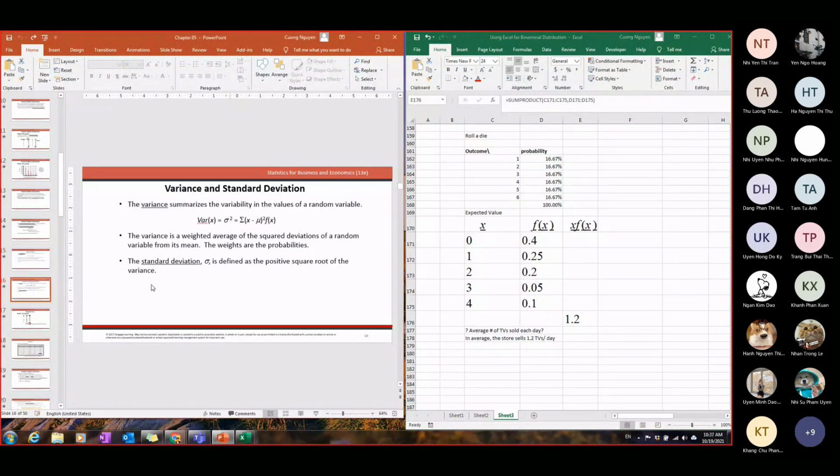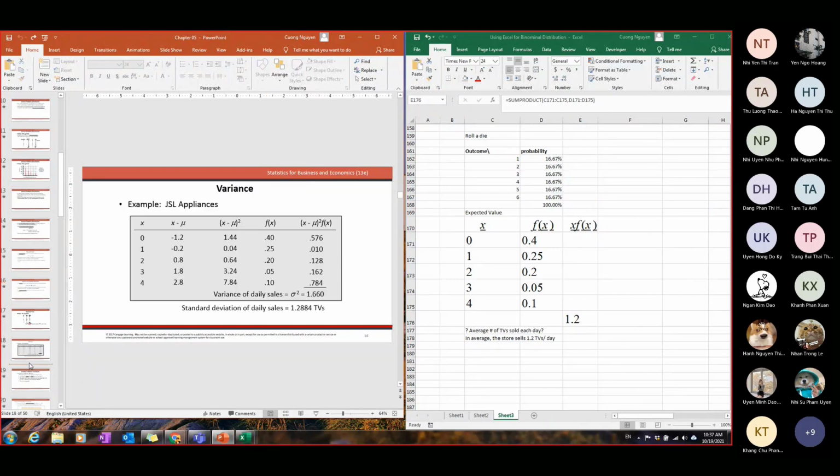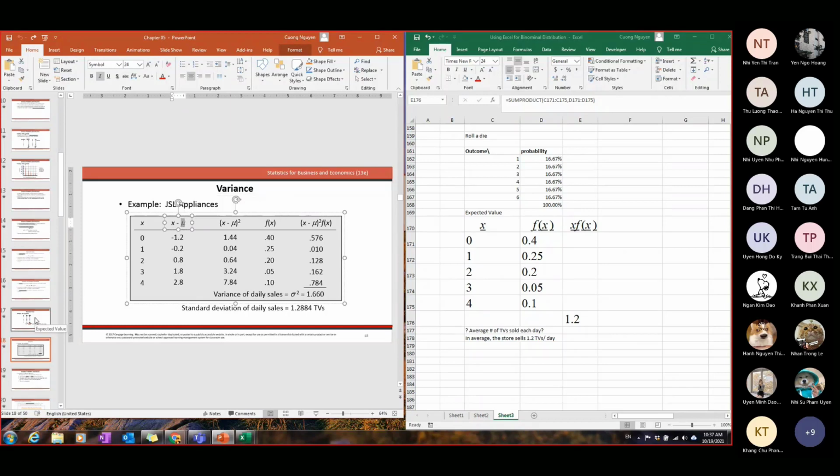And you can do the same thing with the variance and standard deviation. Remember, the variance calculation is not very easy, but the standard deviation is just the square root of the variance. This is how people calculate the variance. They take x minus mu, where mu is the mean value. The mean value here is 1.2, so 1 minus 1.2 is minus 0.2, and that's the reason why. Then they generate it for all the values like that, and it takes really long.